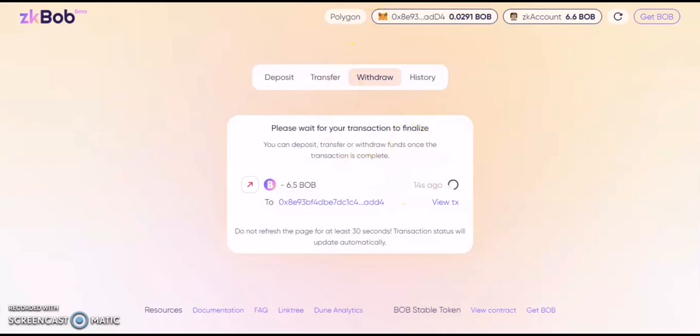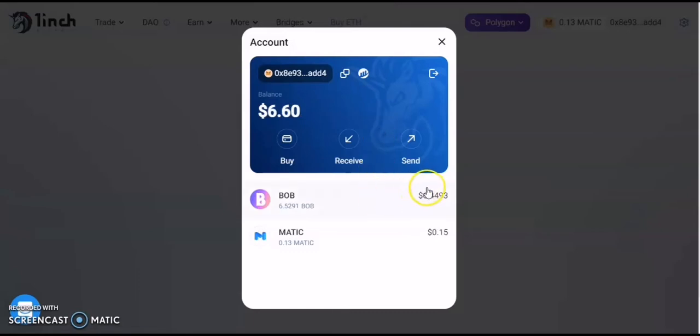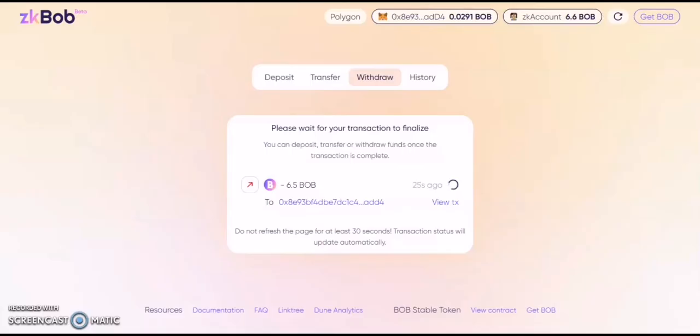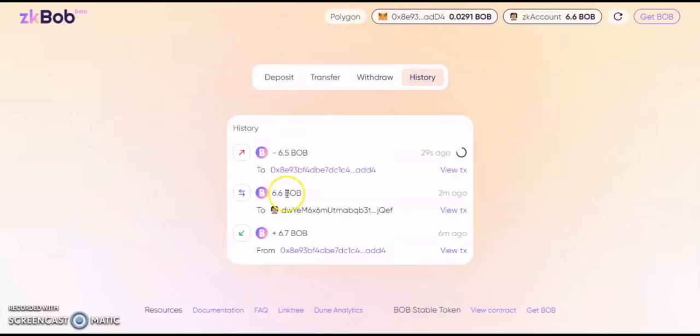It's as fast as that. So it's just a 3-way track and transaction. So take note, the change, 6.529. Did you see? It just entered and reflected. So that is how ZkBob works. So you can come to history and see the transaction. Here, deposit. Here, transfer. Here, withdrawal. So that's how it works. So you can send between friends